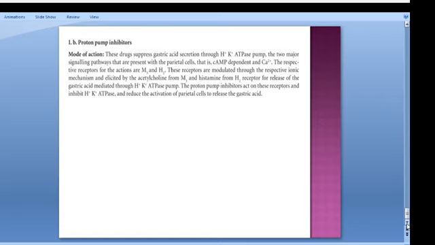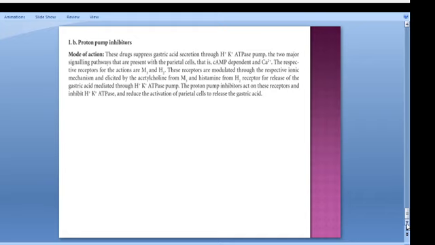These receptors are modulated through the respective ionic mechanisms and stimulated by acetylcholine from M3 and histamine from the H2 receptor, releasing gastric secretion mediated by the hydrogen potassium ATPase. These proton pump inhibitors inhibit the proton potassium ATPase and reduce the activation of parietal cells to release gastric acid. Okay, so that's all about